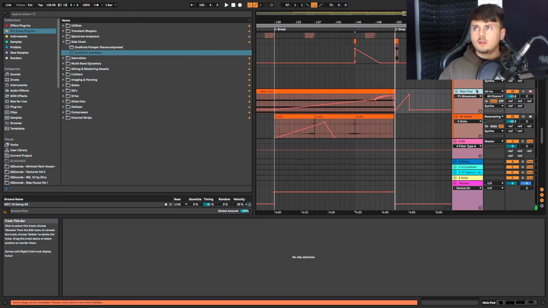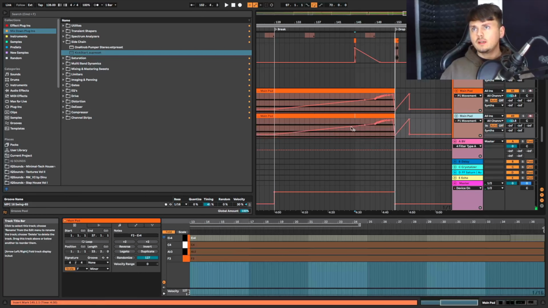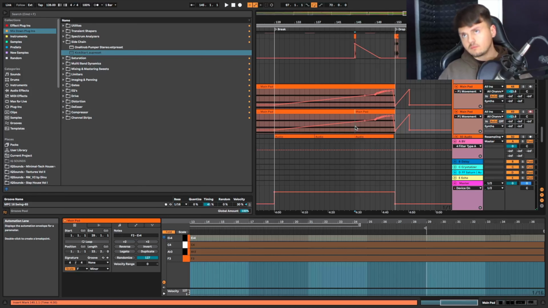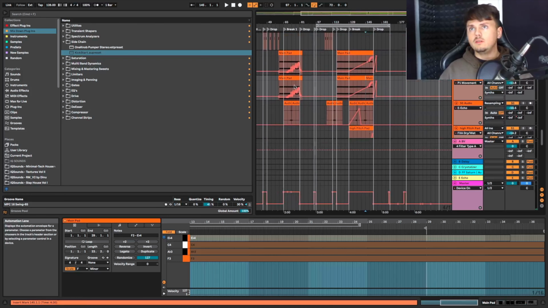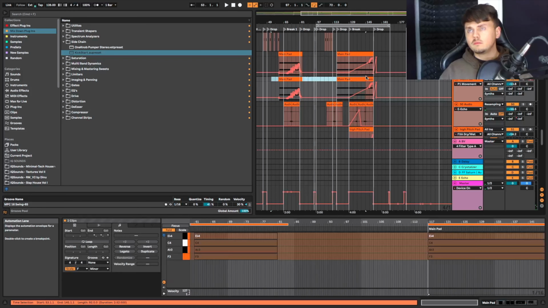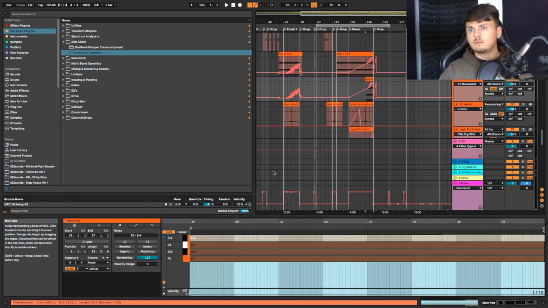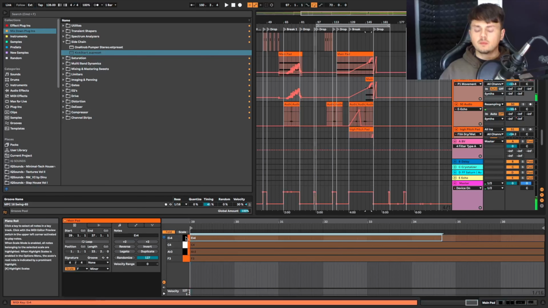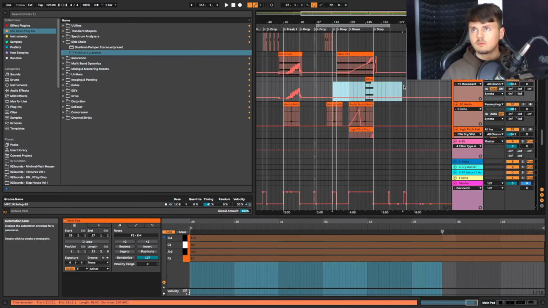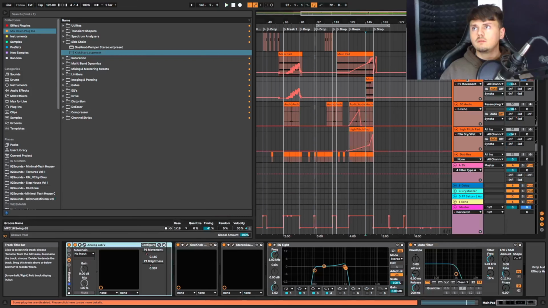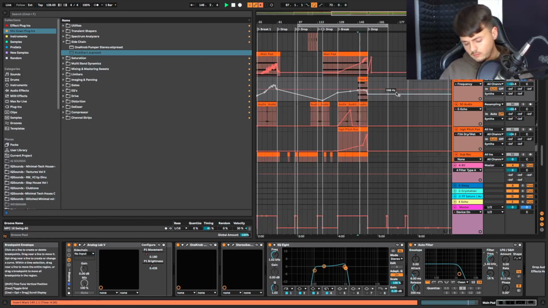So I'm going to try and get a bit more out of this pad. And how I'm going to do that is I'm going to put it on a new MIDI channel. I'm going to delete, add this note in, and see if I can create an LFO sort of effect with